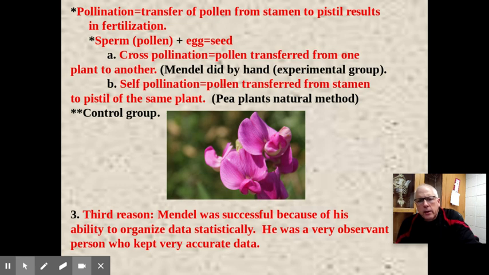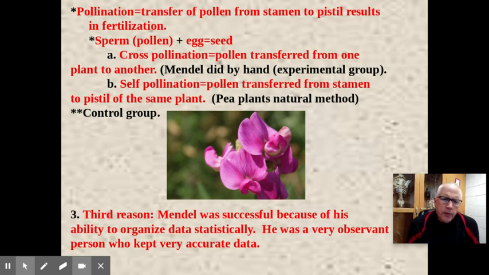Now, he's got two things going on here. He's got a built-in control group, okay? We talked about this in the first chapter. So he's got this self-pollination where pollen is transferred from stamen to pistil in the same plant. So Mendel went out in his garden in a little corner and let his pea plants reproduce like they naturally would. The benefit of that is tall plants are going to produce tall. Dwarfs are going to produce dwarf. Green seeds, yellow seeds. And he had a group that he knew what was going to happen, and it gave him something to compare his other group to, and it also gave him pure breeding stock. So he knew that if I crossed a tall one, I had tall genes. If I crossed a dwarf one, I got dwarf ones, right? So that was his control group.